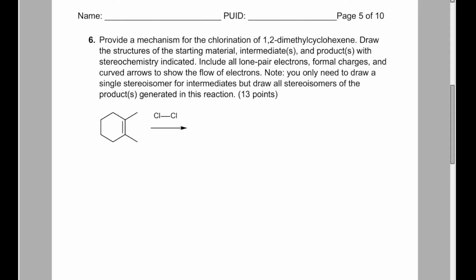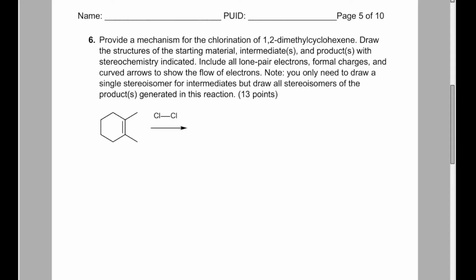6. Provide a mechanism for the chlorination of 1,2-dimethylcyclohexene. Draw the structures of the starting material, intermediates, and products with stereochemistry indicated. Include all lone pair electrons, formal charges, and curved arrows to show the flow of electrons. Note, you only need to draw a single stereoisomer for intermediates, but draw all stereoisomers of the products generated in